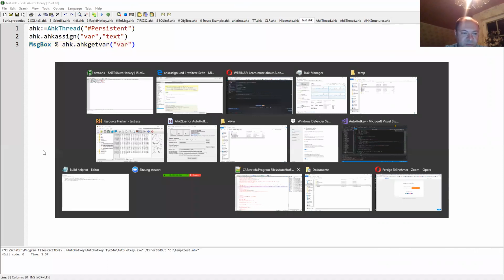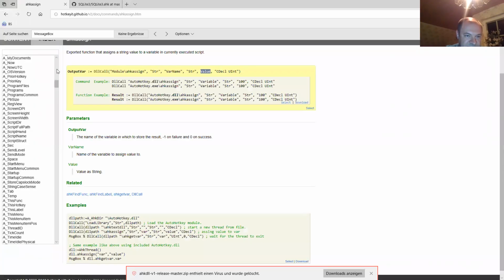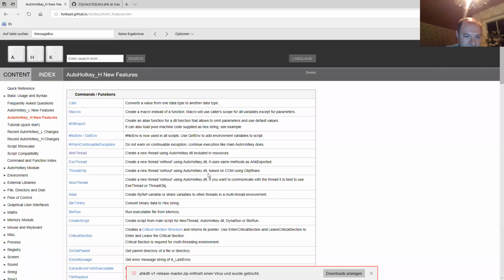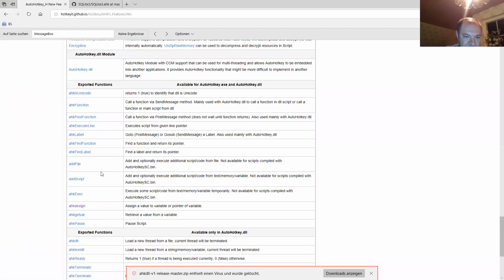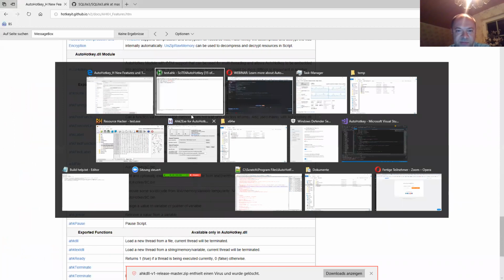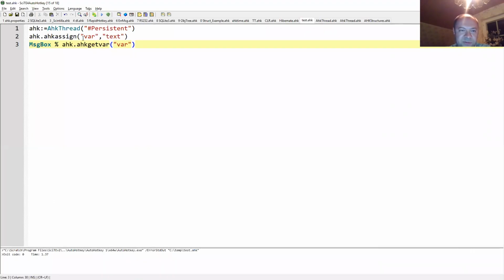There are quite a few more functions with the DLL. Let's have a look, it should be here. So these are the exported functions. Also, the AutoHotkeyH has the exported functions, so you can do the same, control the main exe using the DLL. To do this, we simply use AHK exported function. So if you do here,